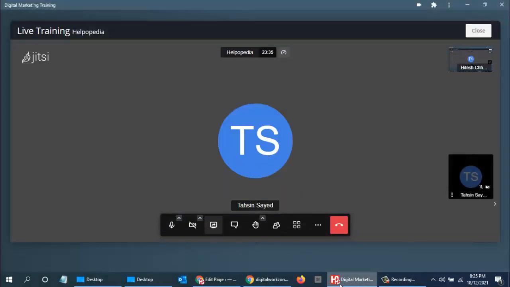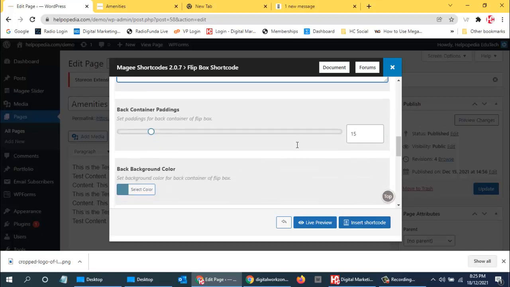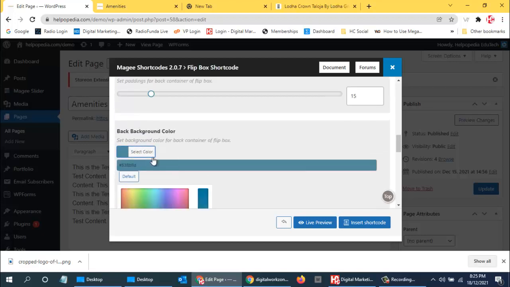And after that this is the back container, so this is the background color. Background color you can change to whatever color you want.